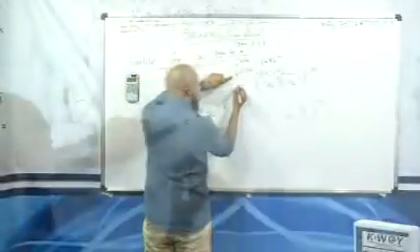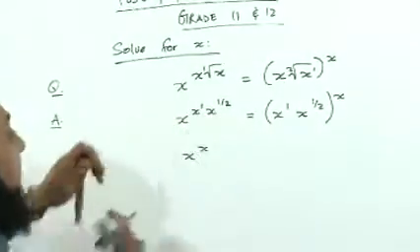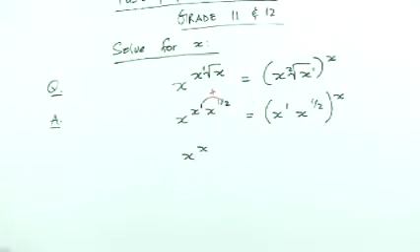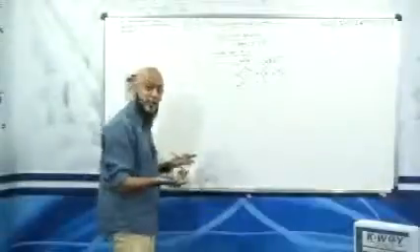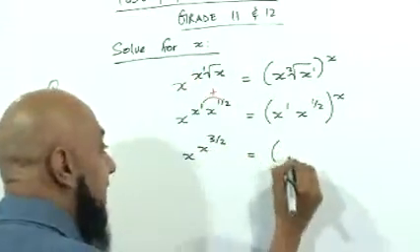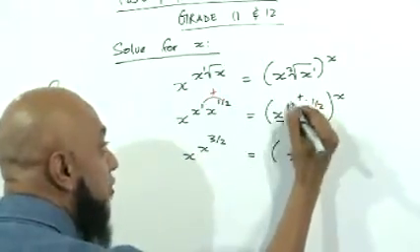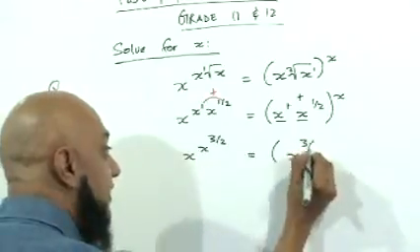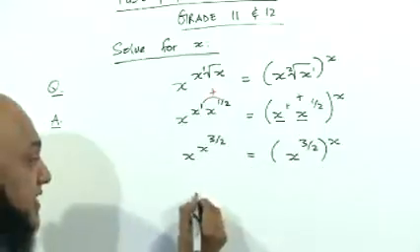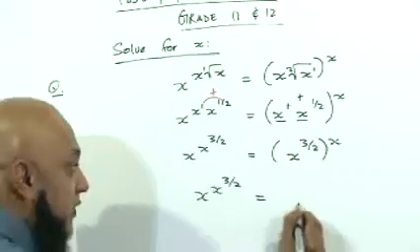Right, so this is x to the power x. We're multiplying and bases are the same. What do I do to the powers? I add. So 1 plus a half is 1 and a half, and 1.5 as a fraction is how much? 3 over 2, is equal to, in the brackets, x to the power 1 plus a half. We're multiplying, so we add the powers, 1 plus a half, 1.5, which is 3 over 2, to the power x. Now we need to remove the brackets, so x to the power 3 over 2 is equal to x,